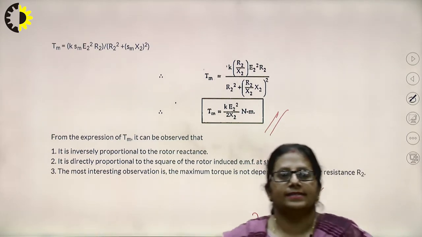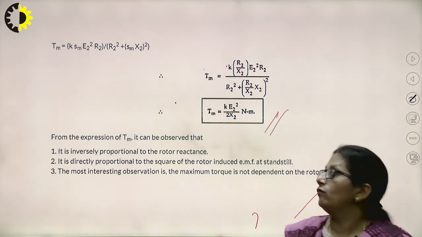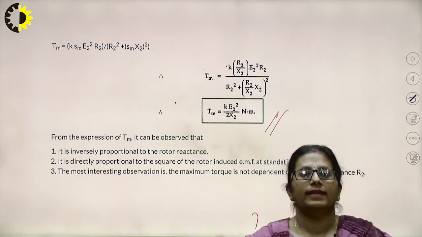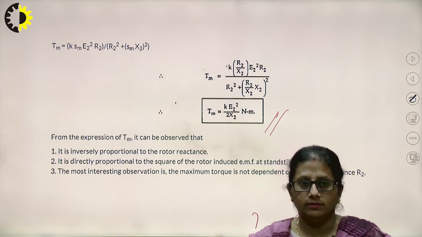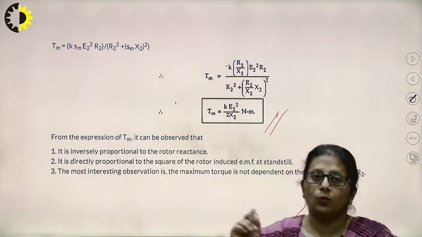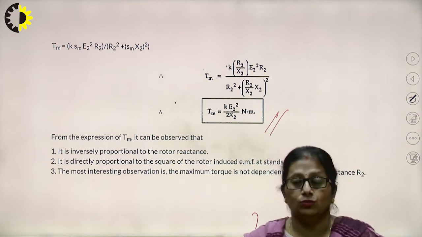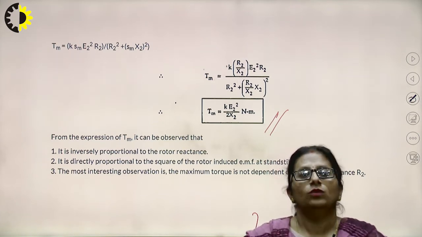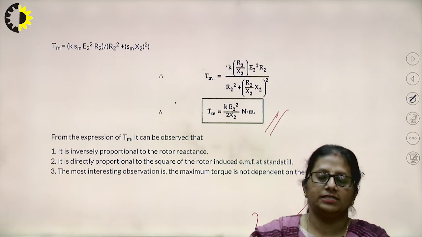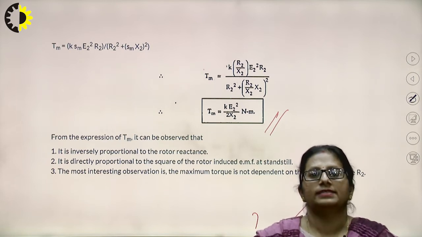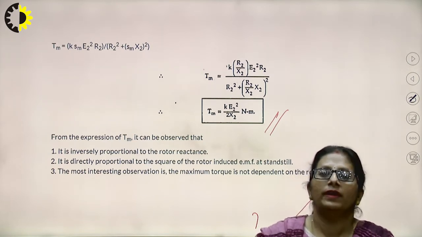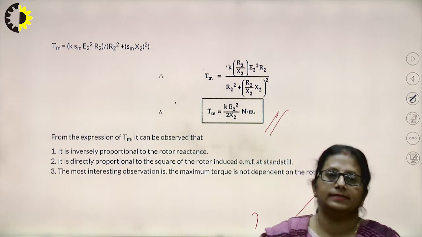So, these are certain observations we have got from the expression for the maximum torque, that it is inversely proportional to the rotor reactance. It is directly proportional to the square of the rotor induced EMF at standstill. It is just E2, it is not E2R. And the most interesting observation which I just explained is that the maximum torque is not dependent on the rotor resistance,